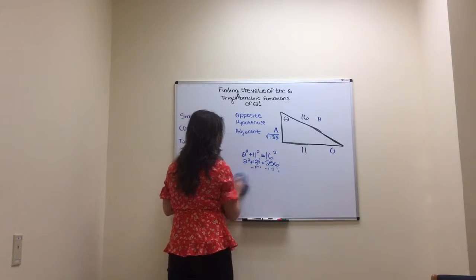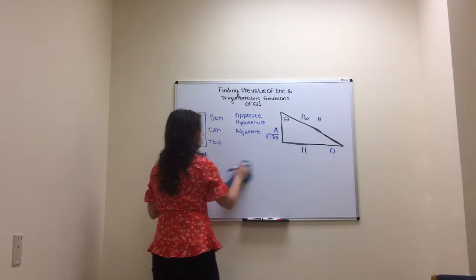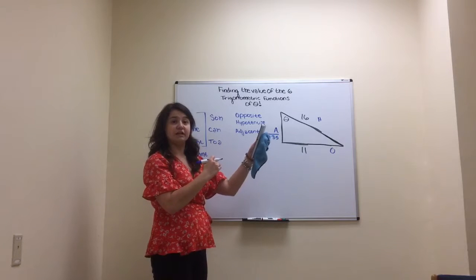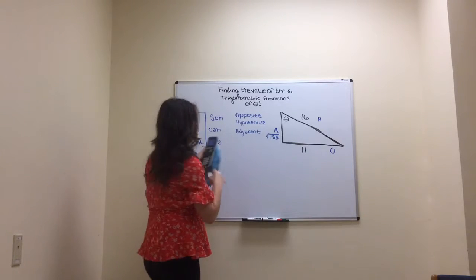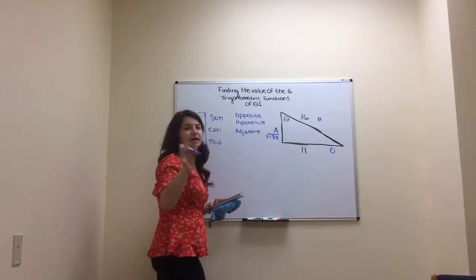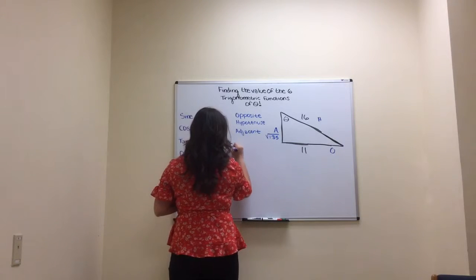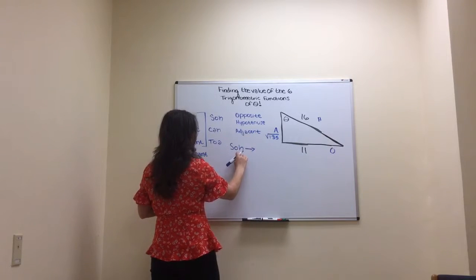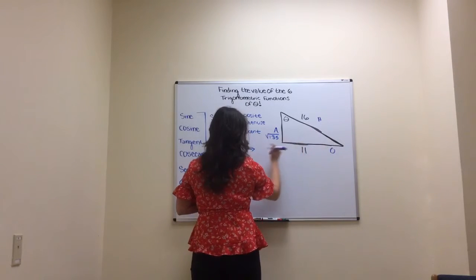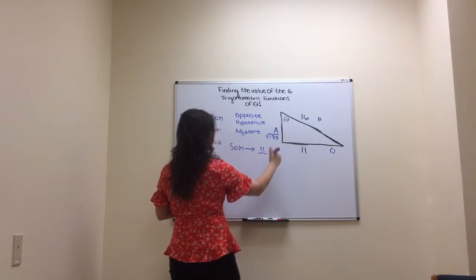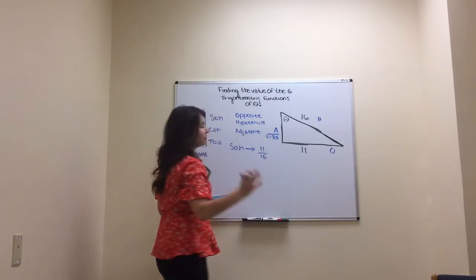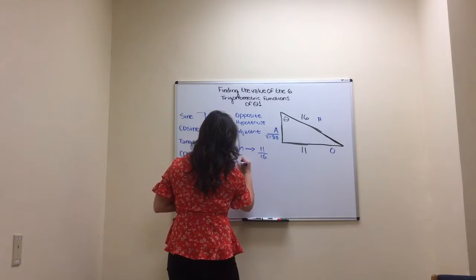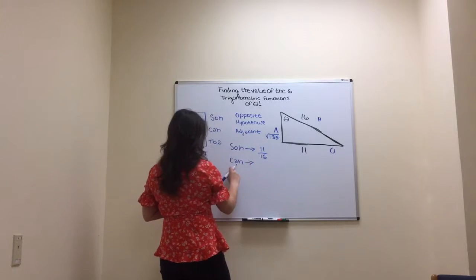And for this video, we're not necessarily going to simplify everything. I'm just showing you how you would set everything up and get your division-based answer, okay? So you'll see what I mean as I go along. So we have opposite and hypotenuse. So opposite is 11 over hypotenuse, which is 16. Can we simplify that? No, we can't. And then CAH, which is adjacent over